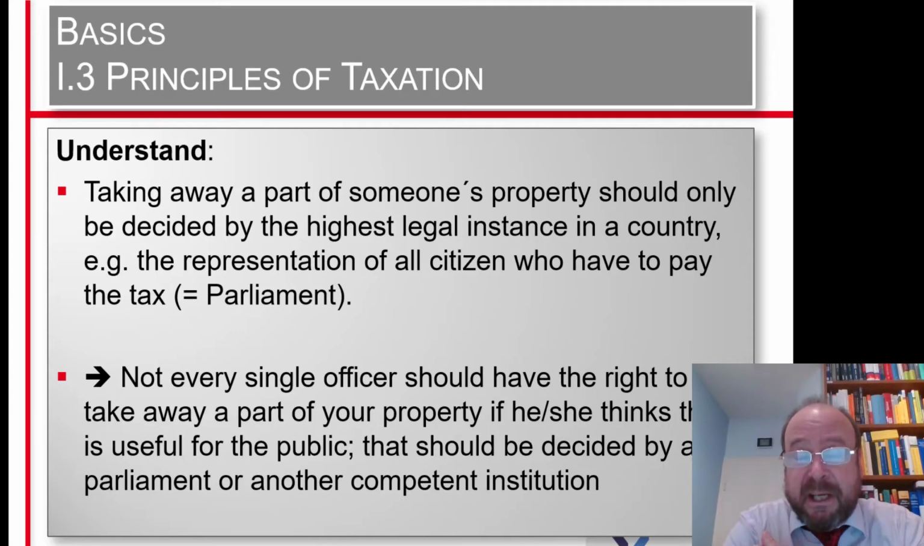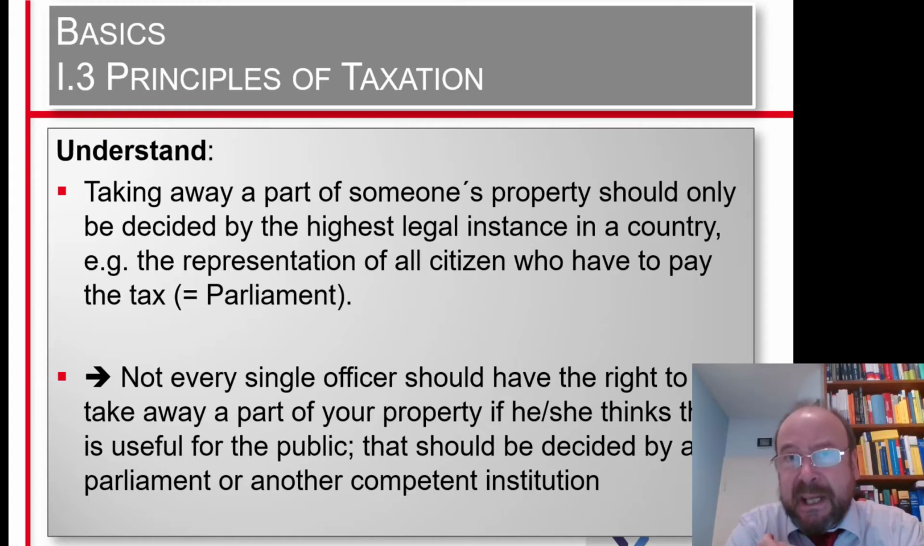It must be a very high-leveled institution. Usually, if we follow that logic that what is forbidden by law can only be allowed by law, a tax can only be made up, a tax claim can only be brought forward by an institution which has the right to make a law. On the other hand, it's clear that if every single individual civil service, every state officer could have a right to levy a tax, a right to take away a part of your property, then you